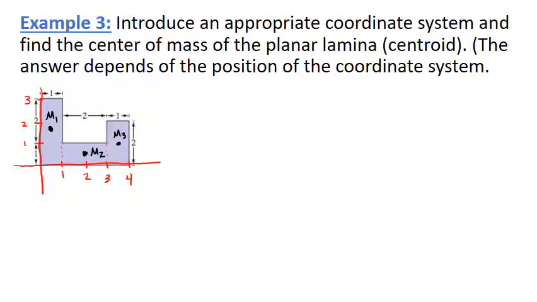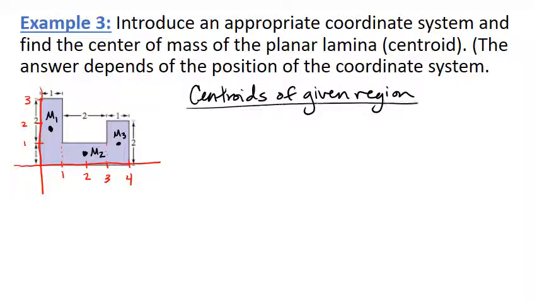So the first thing we want to do is find the centroids of a given region. So essentially what we're going to do is try to find the coordinates of each of these